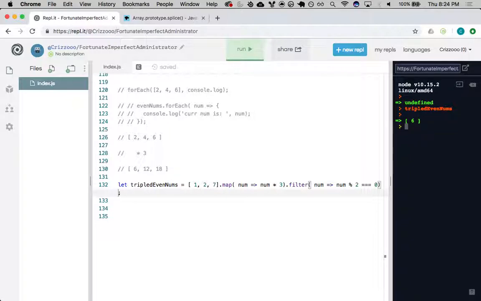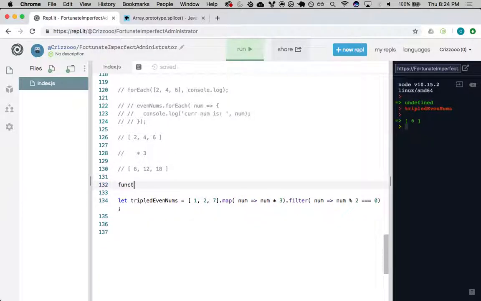So 1, 2, 7 got mapped, and it became 3, 6, 21. And then we filtered 3, 6, 21 to only the numbers that are even. And so that comes back to be just 6. But really, these functions here are really small helper functions, which means we could have just done